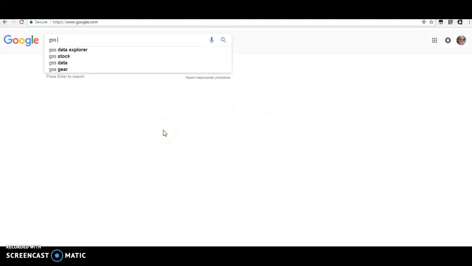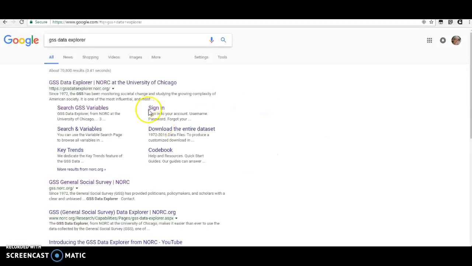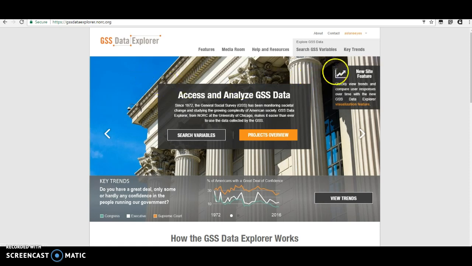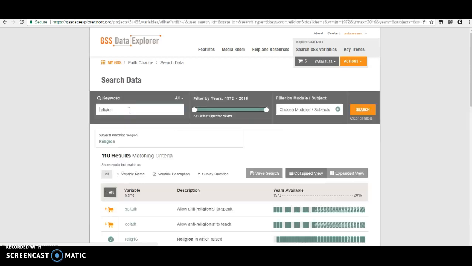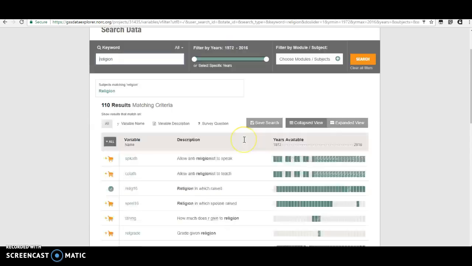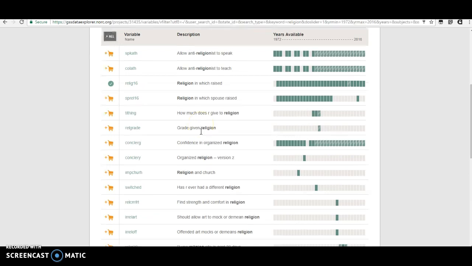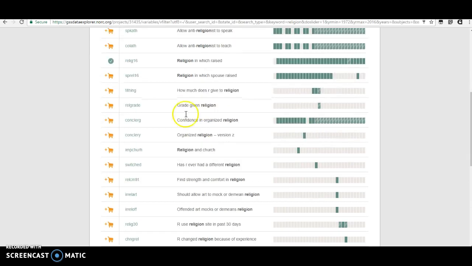Okay, so if you just do a search for GSS Data Explorer, go to their site, you can create an account if you want. I don't think you need to search the variables. And type in almost any word. They have quite a range of topics here. Start searching through them. So for this one, we're going to look at religion in which you were raised, which